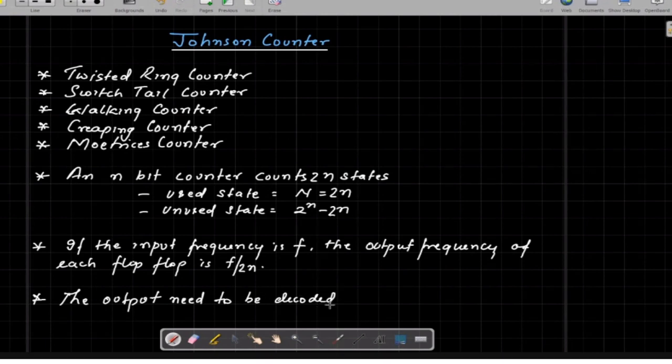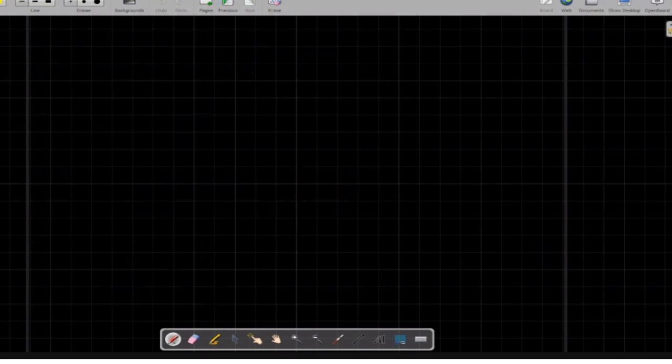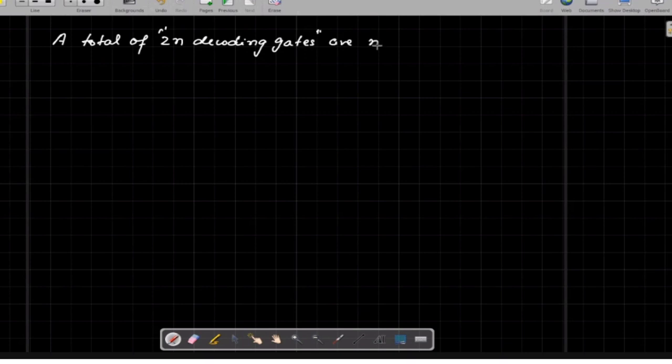It means you require one additional circuit with this Johnson counter. And what this decoding circuit requires, let me write again: a total of 2n decoding gates are needed,